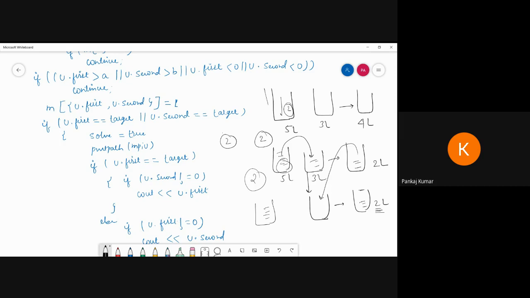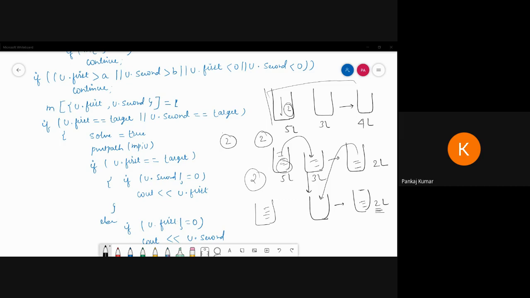Okay, I did not find out the solution. Can anyone help me? Otherwise I can forget this one. Anyone please? Suppose I have a bottle of 5 liter and 3 liter. Suppose I want to bring water of 4 liter without any mark, then how can I do it? Suppose I fill up 3 liter, then I can put, no, suppose I fill 5 liter, then put here. So it is 2 liter, then 2 liter, okay? Then empty all these things, then put here 3 liter.